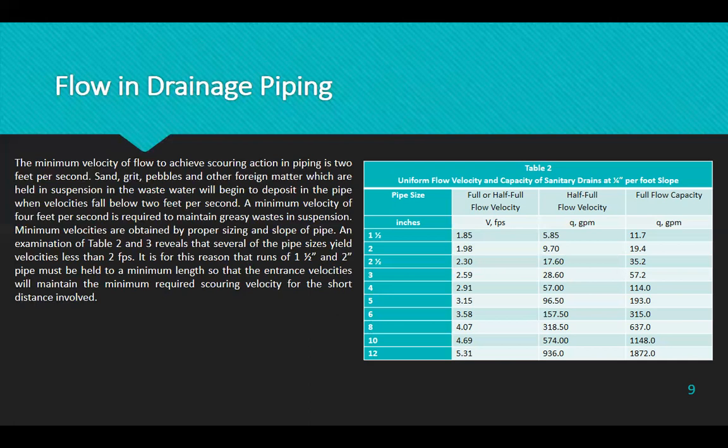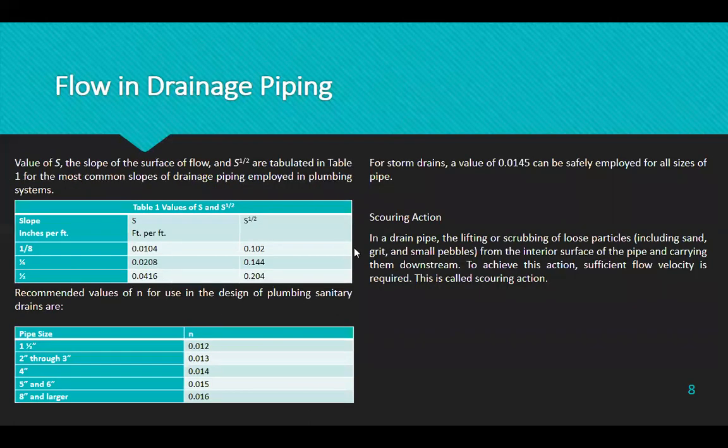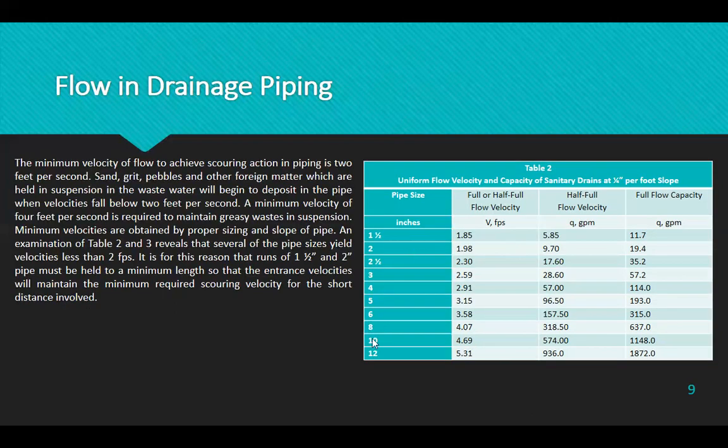So ito yung table 2, uniform flow velocity and capacity of sanitary drains at 1/4 inch per foot slope. We have 5 sizes. Ito yung standard. So 1 and 1/2, 2, 2 and 1/2, 3, 4, 5, 6, 8. So tanggalin yung 5. Okay. So selection natin, tanggalin mo yung 2 and 1/2 saka 5, kasi available sa market, walang 2 and 1/2